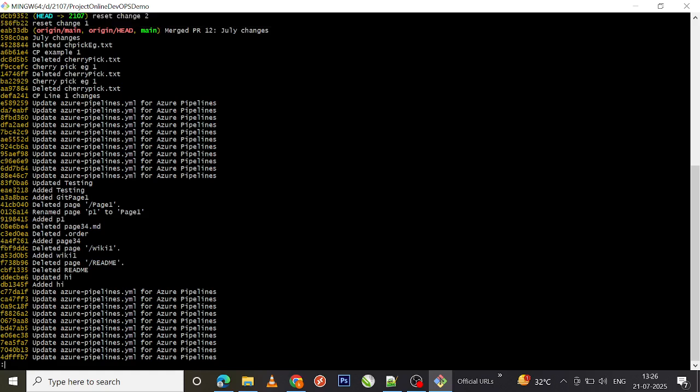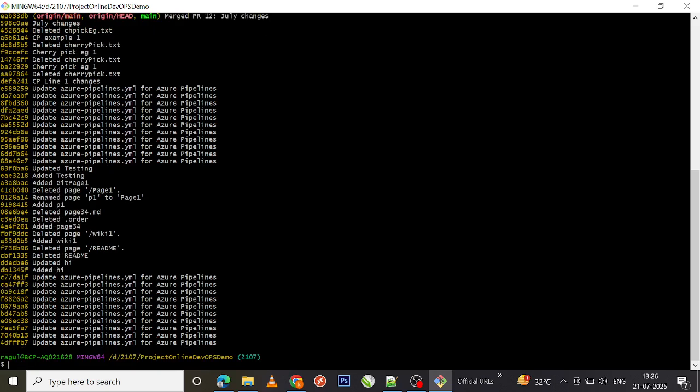So now my head is pointing to the first commit, which is reset change 2, which is the latest commit. All right, so now let's see how you can actually use these different reset options. First we will go with git reset soft. Okay, so let me issue that command, git reset